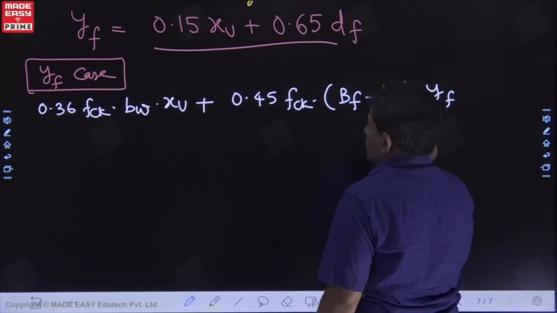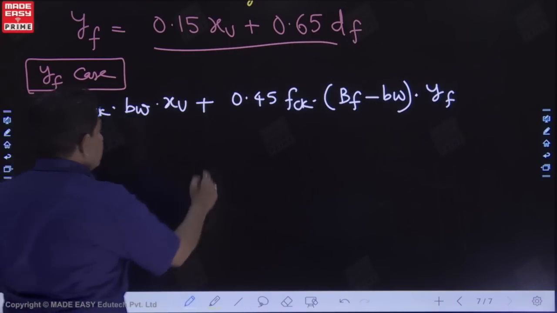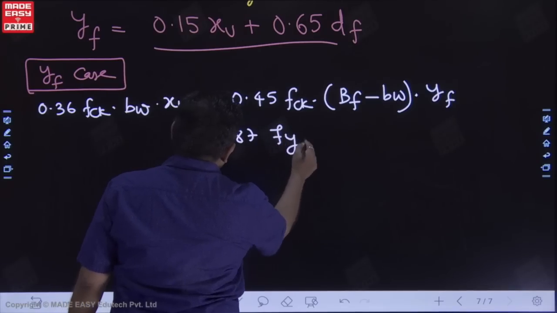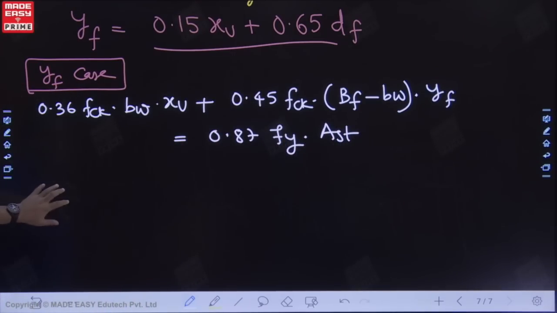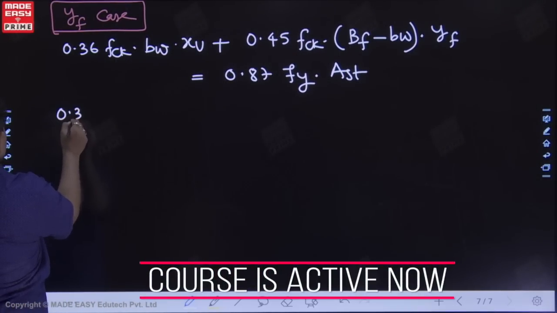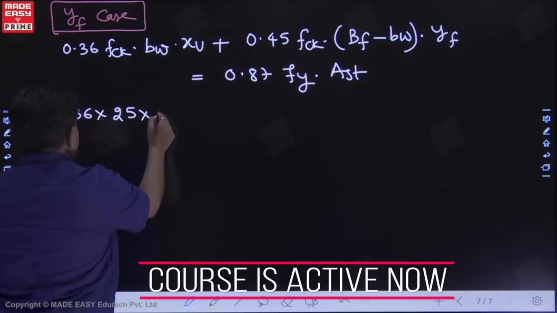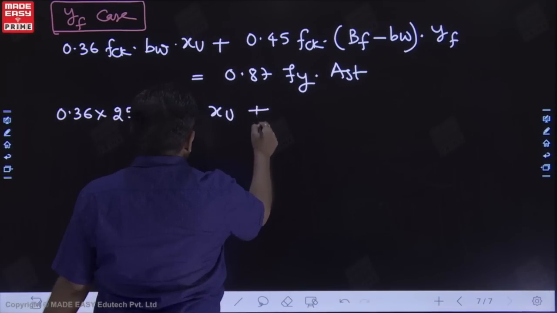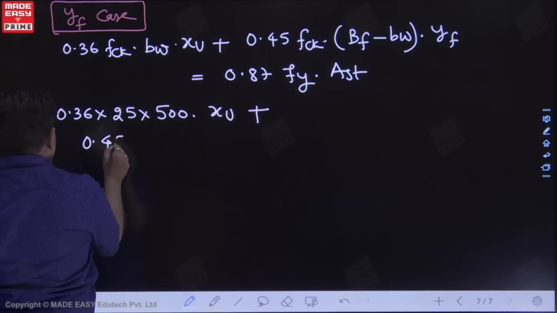We will write YF as this value, 0.15 XU plus 0.65 DF, and it is equal to 0.87 into Fy into AST. So this is your formula now. Put the values. 0.36 into FCK is 25, BW is 500 into XU, plus this value,